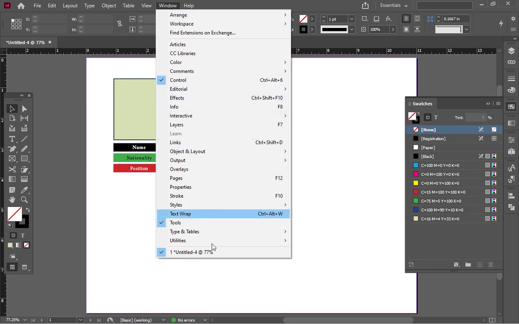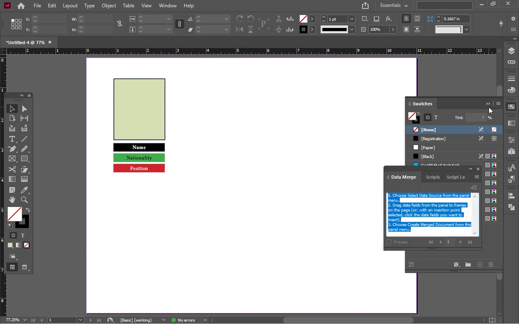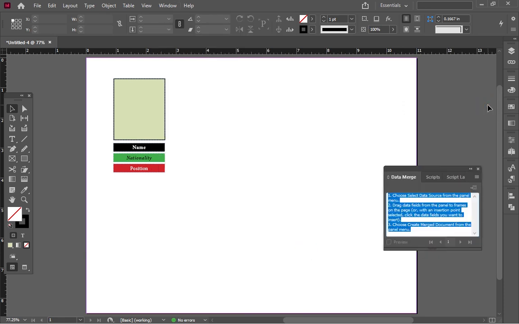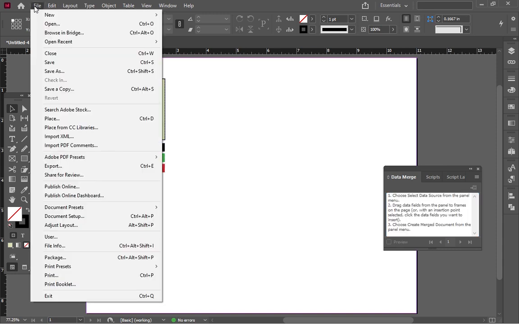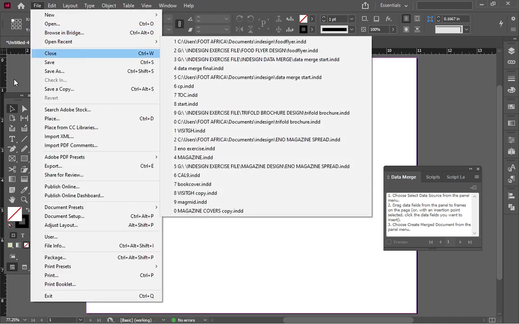Then let's go to utilities and then data merge. Now let's send it somewhere. Now let's go to file. We want to create a directory path for our file, okay, where we want to place our file from. So that's what I'm coming to show you. So go to file, and then before,